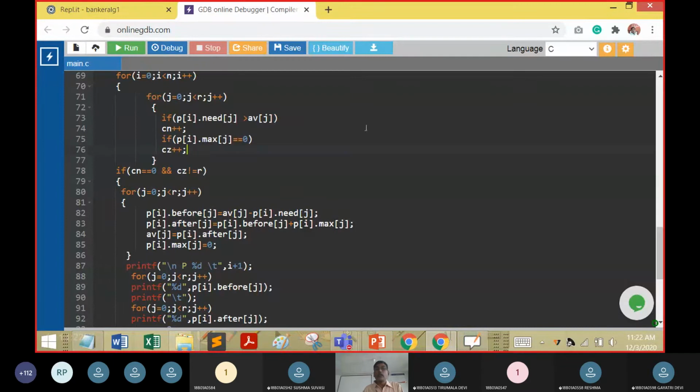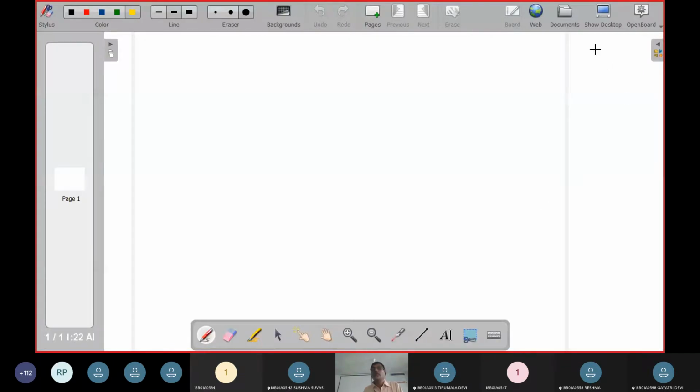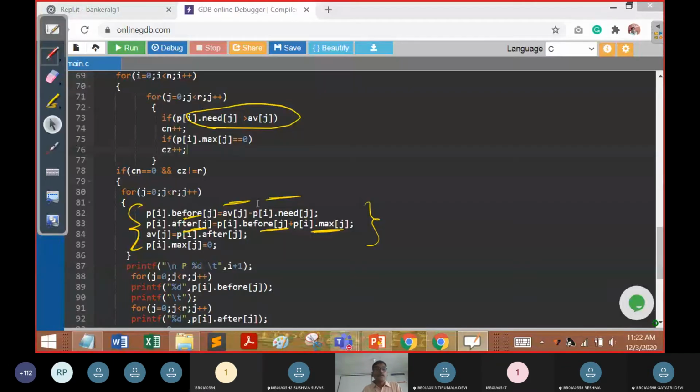To demonstrate, we are going to use these values here. One we are going to show with the before option, another we are going to show with the after option, and we are going to assign the maximum need. So we are going to compute the before value and the after value. That is how we are going to move these steps towards the banker's algorithm. So after this,